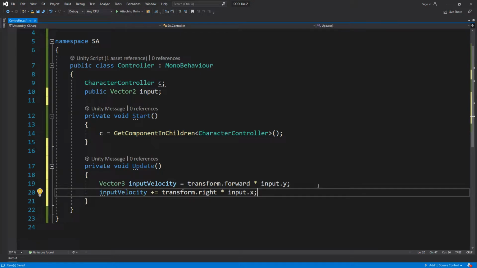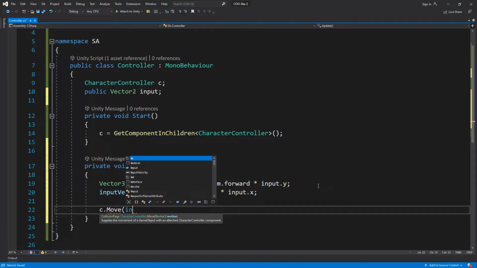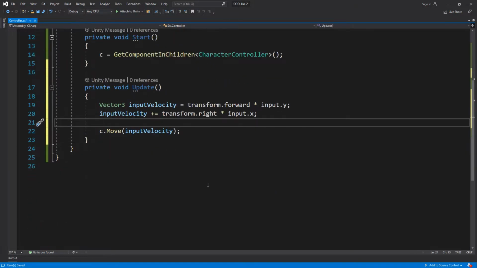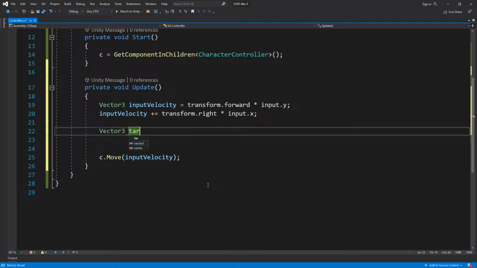Okay, then just applying this to our controller will actually make us move, to be honest, but of course that will be a really basic move, so we're not just here for the basic things. So we should be storing this into a target velocity,